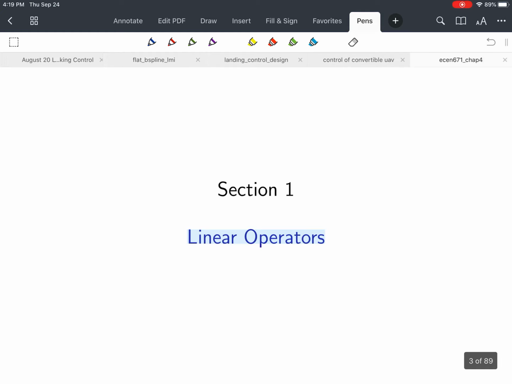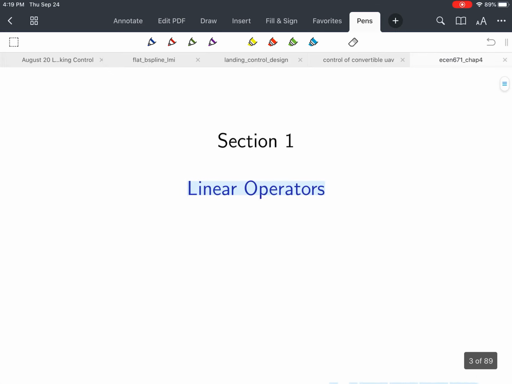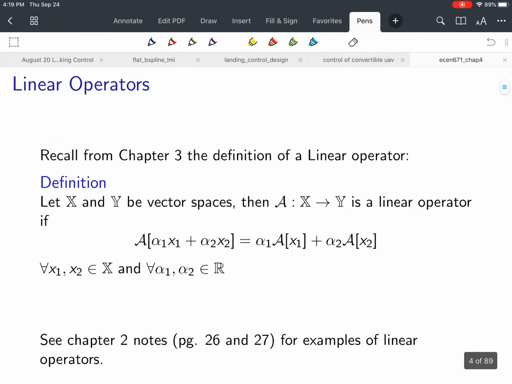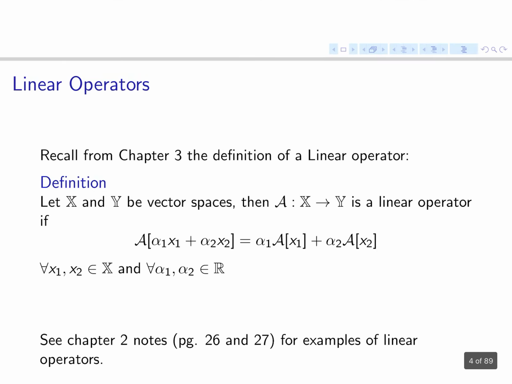All right, this video is on linear operators. This is chapter 4 of Moon. Okay, so remember in chapter 3, we had the definition of a linear operator. So X and Y are vector spaces. And then an operator that takes X into Y